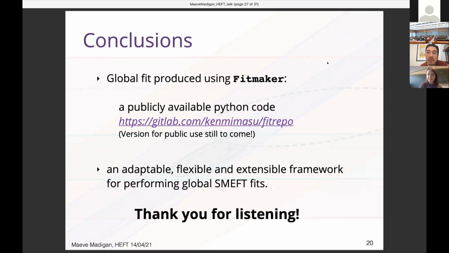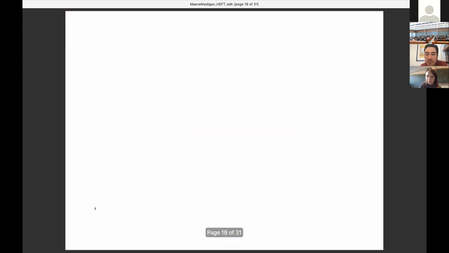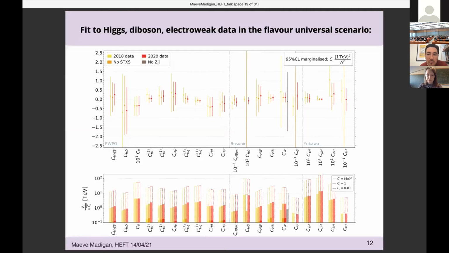Very nice talk. Could you go back to maybe either page 12 or 14? Sure. 12 here, yeah. Maybe you mentioned it already, but for the plot at the bottom, why does the bound depend on the coupling? Oh, so generally when we constrain in the EFT, we're constraining the factor of C over lambda squared. And in each of these, we assume a value of lambda. So the constraints we place on these assume a value of lambda equal to 1 TeV. So when we constrain that factor,